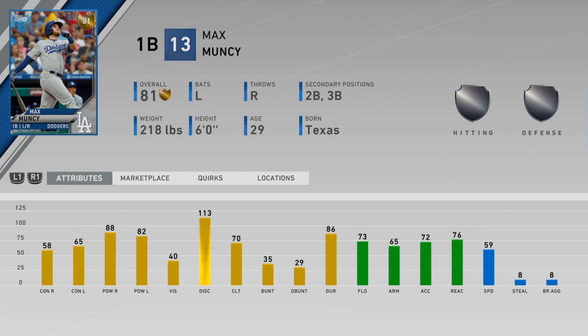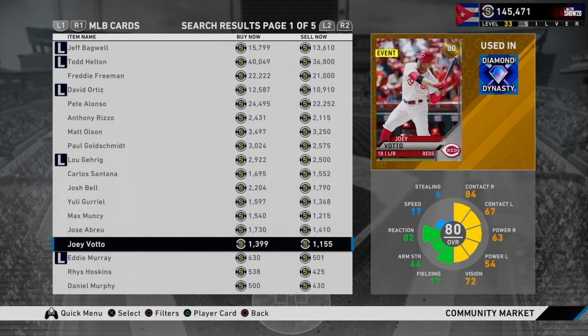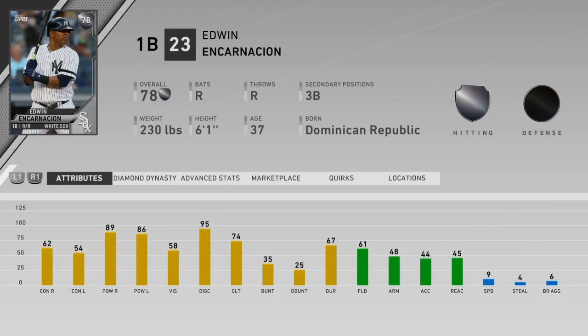If you don't want to do the showdowns, or you don't have the time to do it, but you don't mind spending a little bit of stubs, Max Muncy is also another card you can go with off the market. And lastly, for the real cheap, is this card, Edwin Encarnacion. This card is glitchy. He has an amazing swing, 62 contact versus right, 54 versus left, 89 power versus right, and 86 versus left. 58 vision, not too high either,